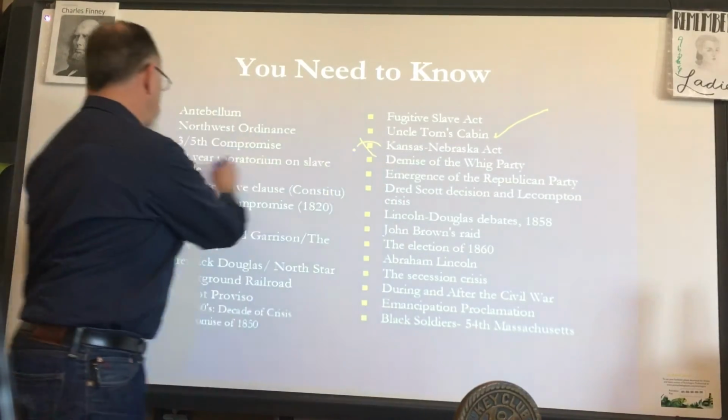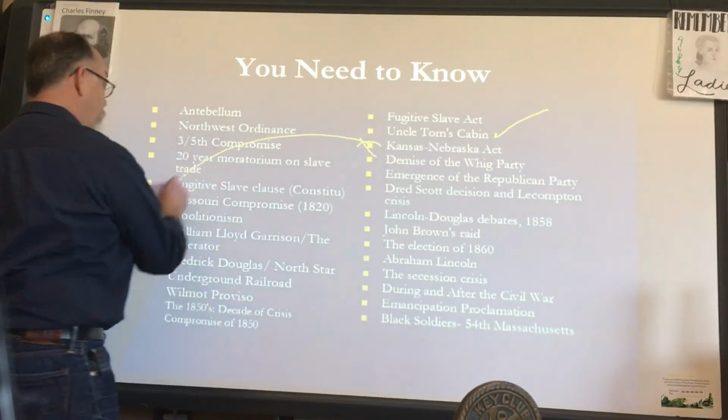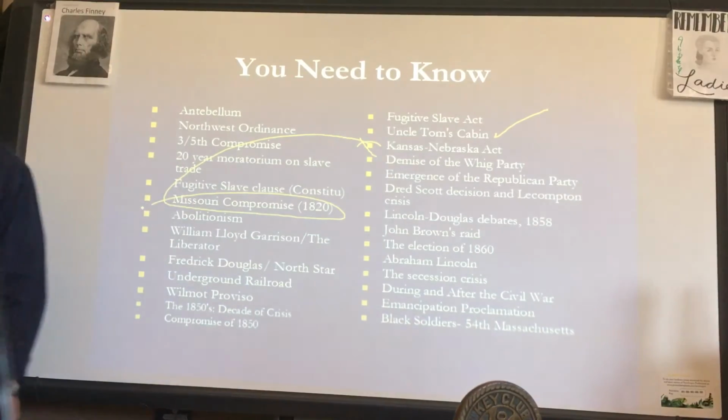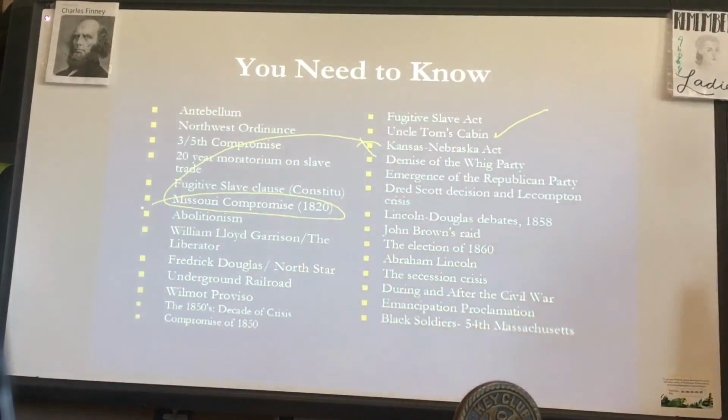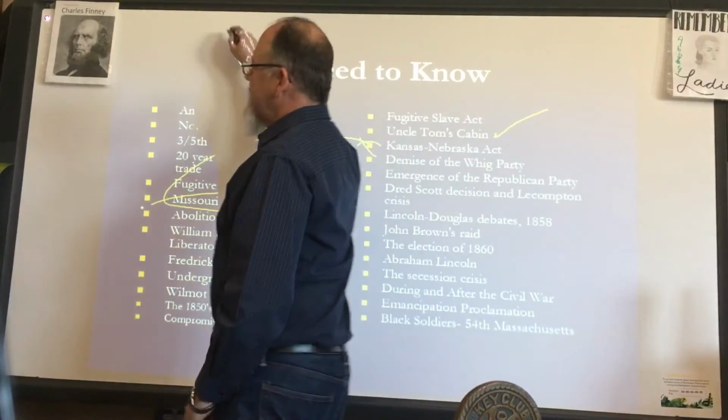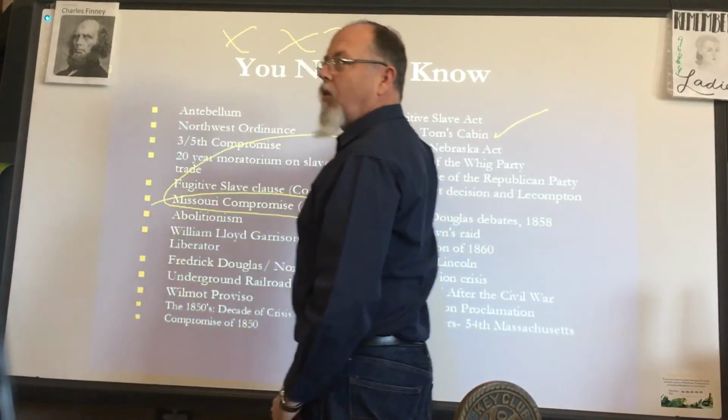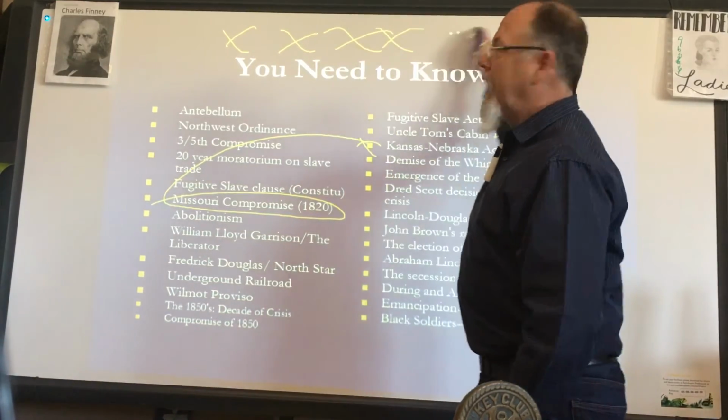Kansas-Nebraska Act overturns the Missouri Compromise. It opens up more territory to slavery. What does that do to the abolitionists? Extreme anger. Non-expansion people, more extreme hostility. Lincoln is here. Etc. And so what you're going to see is, step by step, it gets more and more radical until it